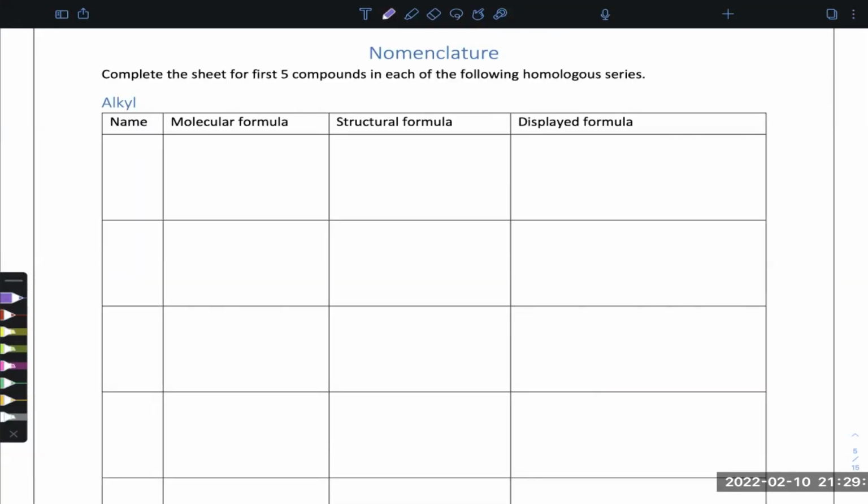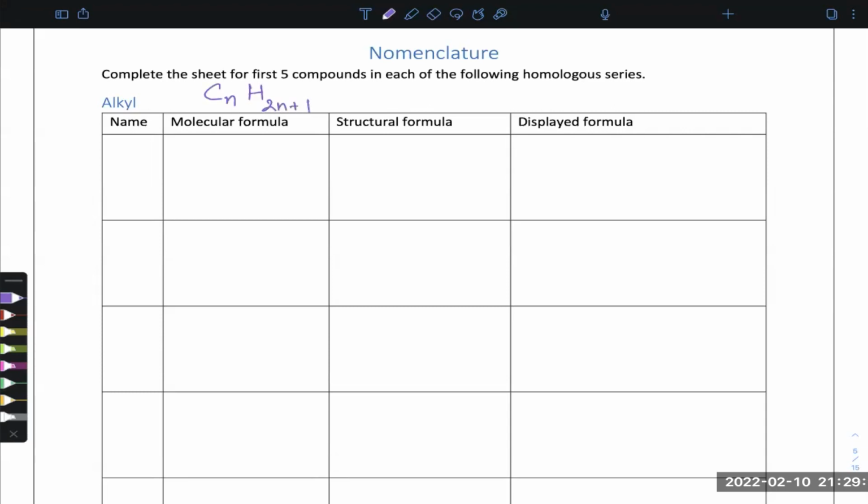Alkyl is the very first homologous series we are going to talk about. It is not a compound, it is a branch. तो अगर आपको ब्रांच आती है तो उस ब्रांच में कुछ भी नया ऐड हो जाएगा तो बाकी कंपाउंड बन जाएगा. एल्काइल का जनरल फॉर्मूला होता है